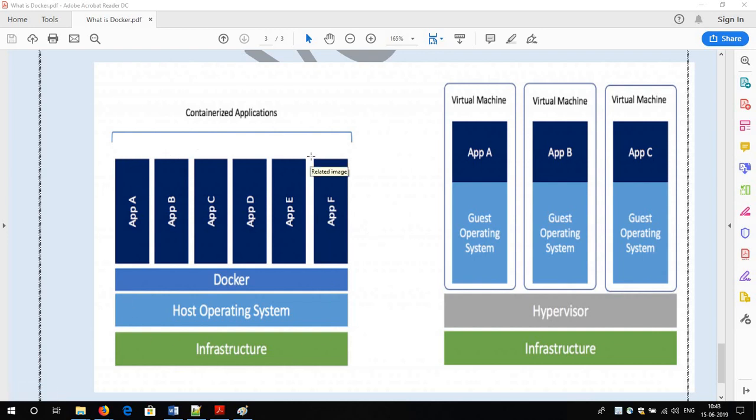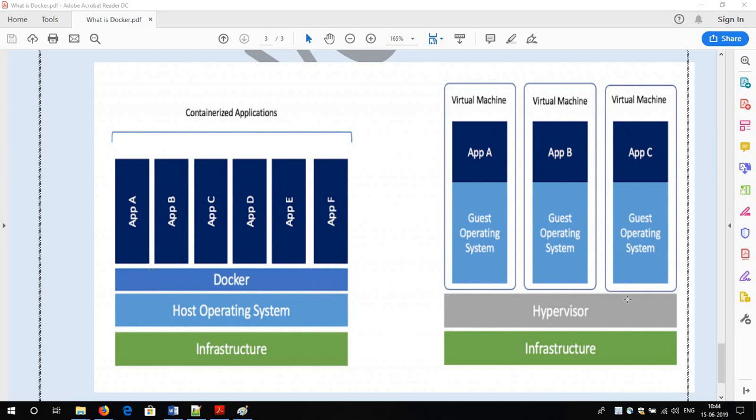Suppose this infrastructure is our data center. On top of our data center we have one operating system, suppose our Linux operating system. On top of this Linux operating system, we will install Docker.